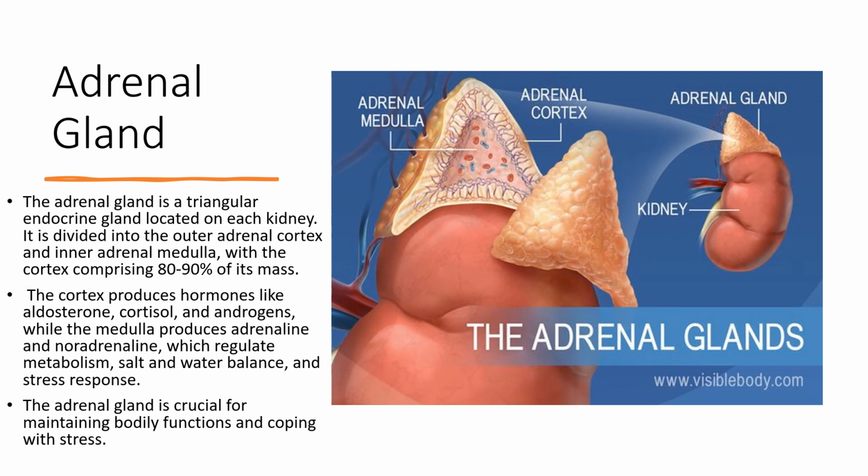The adrenal medulla is the inner layer of the adrenal gland and makes up about 10 to 20% of its total mass. It is composed of chromaffin cells that produce the hormones adrenaline, also known as epinephrine, and noradrenaline, also known as norepinephrine. These hormones are involved in the body's fight or flight responses, which is activated in response to